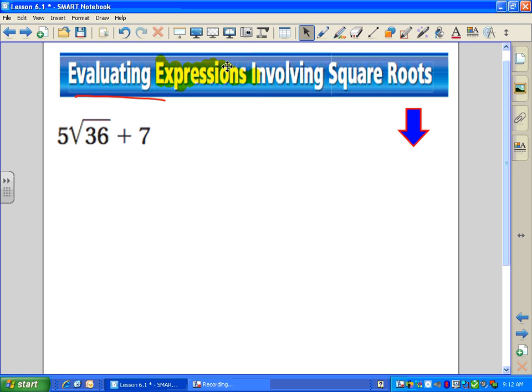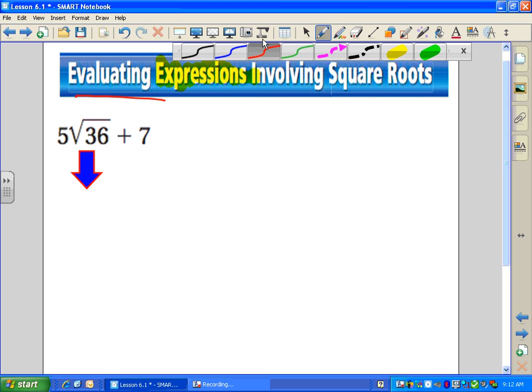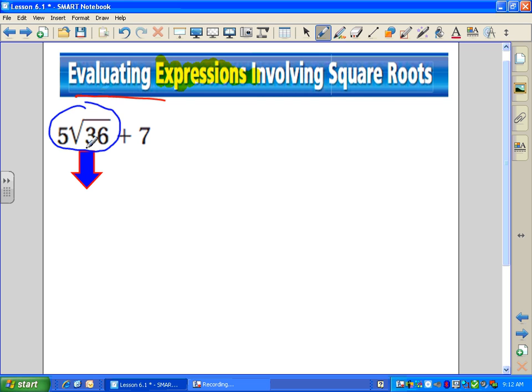Nice job. I'm going to rewrite this expression. I see that 5 is touching the radical, the square root of 36. When I see things touching in math, that tells me to multiply. So I'm going to rewrite the problem 5 times the square root of 36